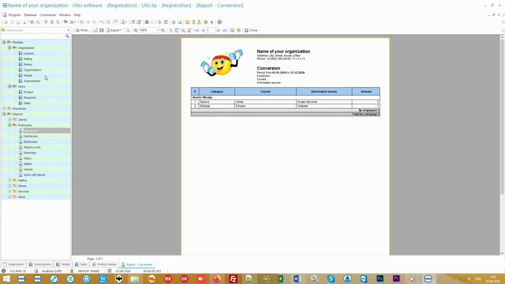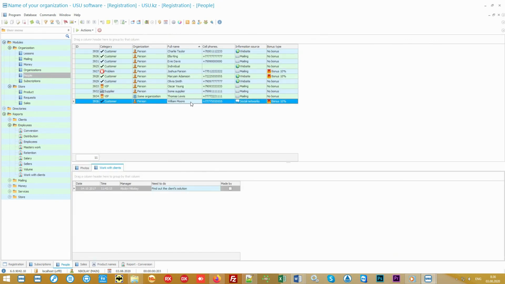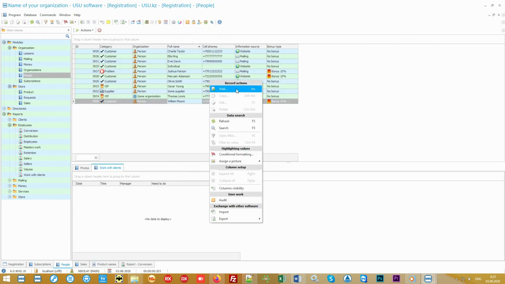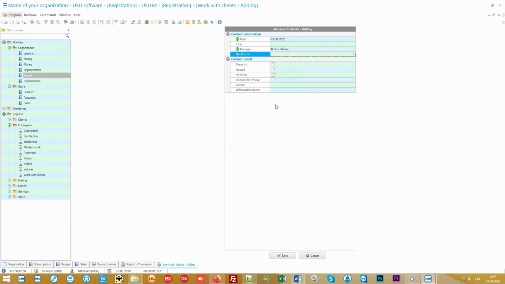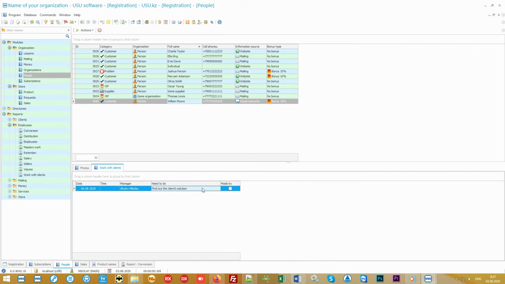If a potential client is not ready to immediately give an answer whether they will use your services, managers will be able to add tasks for calling for the future period. Your employees will have the opportunity to make a work plan for themselves. Tasks can be added not only to yourself but also to others. This can be used by the head of the organization.